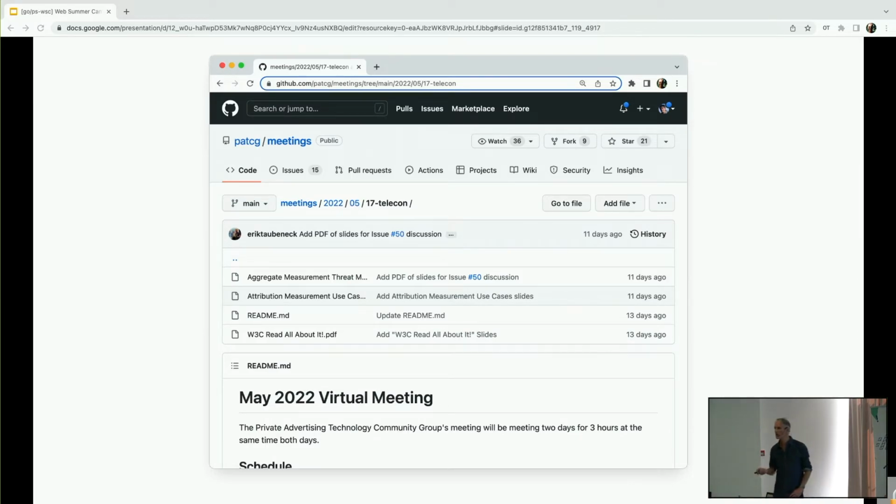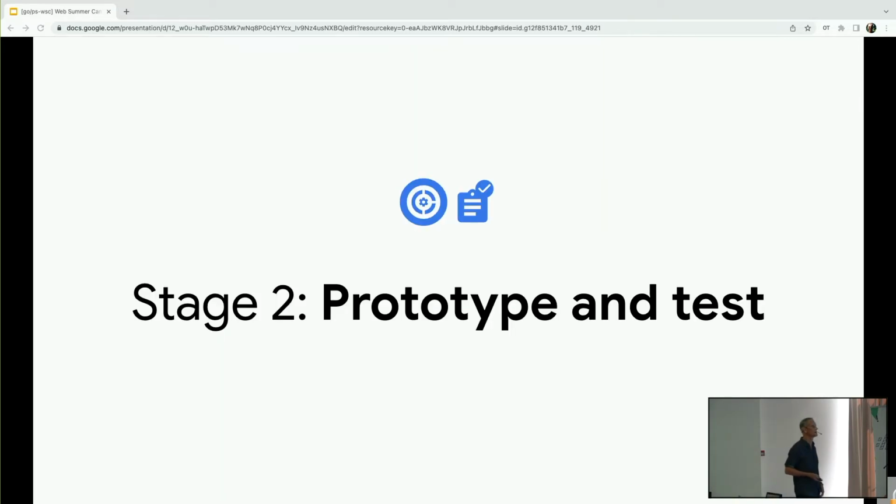They have monthly meetings to discuss progress with API proposals. Again, anyone can join these community groups. So if you have an interest in these areas of business or these specific APIs, that's the place to go. And it's a really good place to think about industry discussion about API design and what the use cases are.